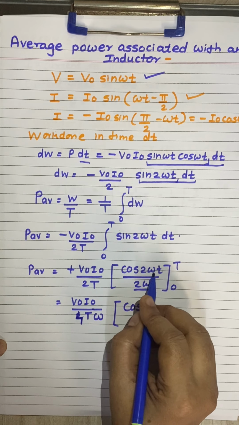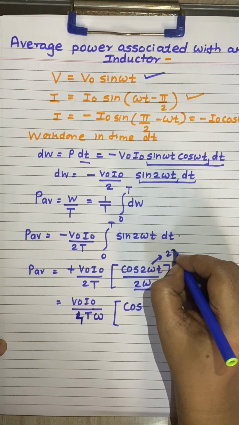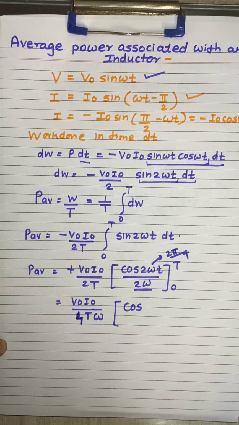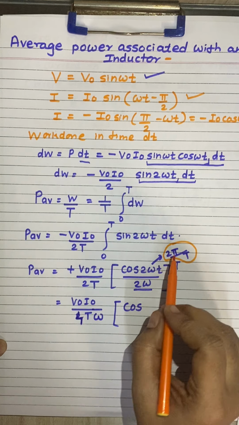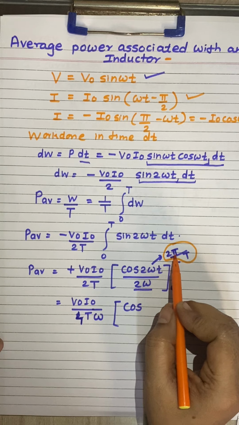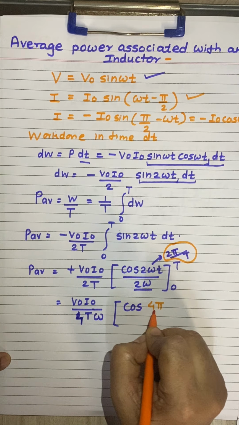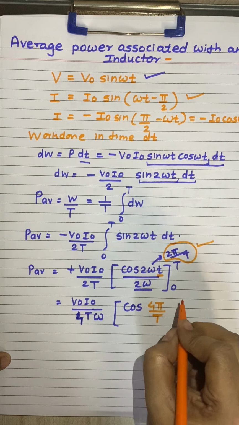Now as I said, omega is equal to 2 pi by T, isn't it? We have studied this formula that omega is equal to 2 pi by T. So this 2 pi into 2 is nothing but 4 pi, so I can get cos of 4 pi upon T by using this expression, multiplied by this remaining t,